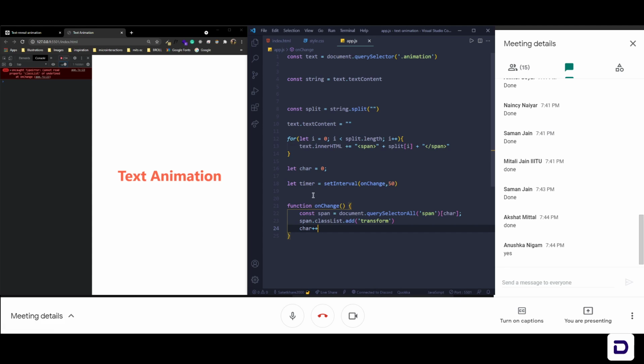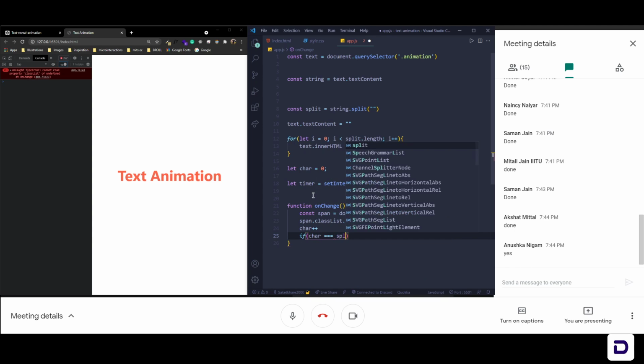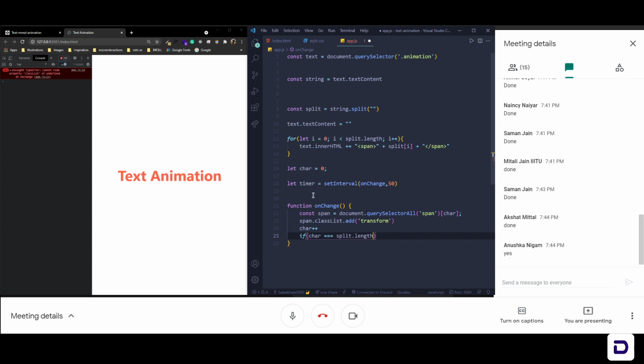To stop this, we'll say if char triple equals split dot length. So after this is done, we'll say complete. We have to make a function complete also, and then I just return.